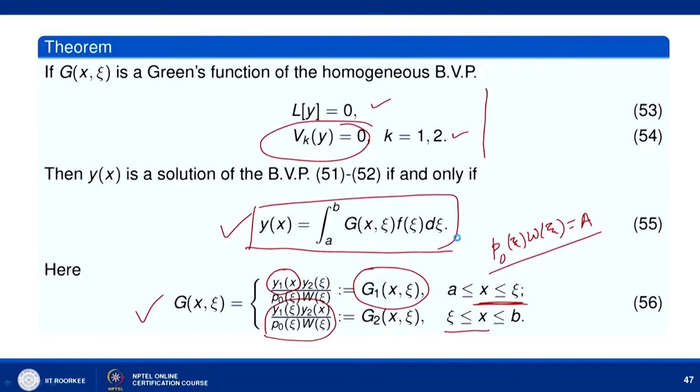So, we have shown that if g(x, xi) is the Green function of the homogeneous boundary value problem, then y(x) is a solution of the non-homogeneous boundary value problem with homogeneous boundary condition if and only if y(x) is written as the integral from a to b of g(x, xi) f(xi) d xi, where g(x, xi) is the Green function given here, which we have already obtained for the homogeneous boundary value problem with homogeneous boundary condition. So, once we have this result proven,